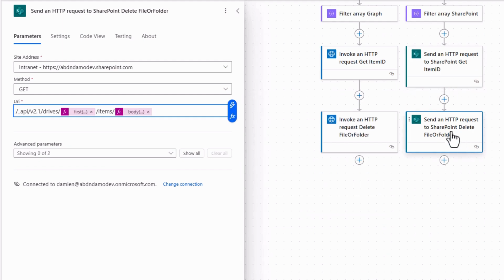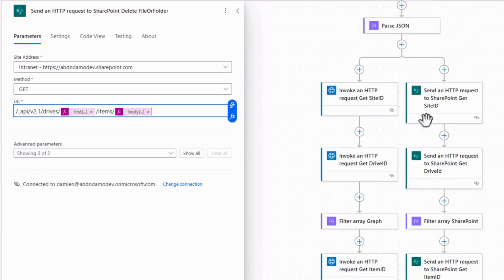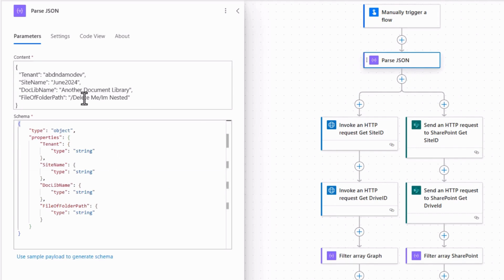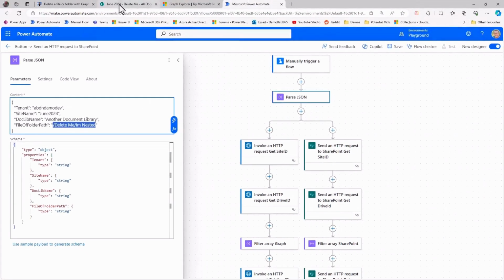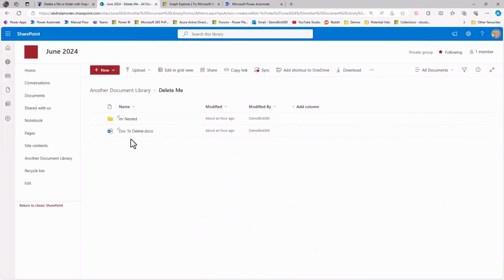Now, the only thing to mention or note is that these are running in parallel, so they're both going to try and delete the folder path that I have specified here. Delete me, I'm nested. And if I look at this document library, I have delete me, I'm nested. So this and the file within the folder should be deleted. But because they're running in parallel, I'm also going to get one of them to delete this file called doc2delete. So that's part of the delete me folder,